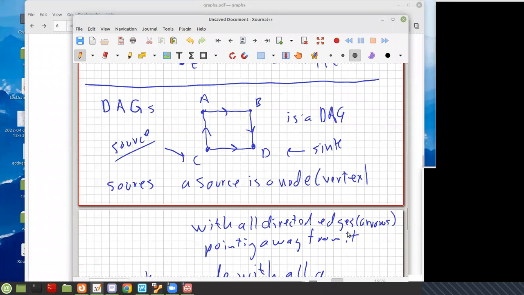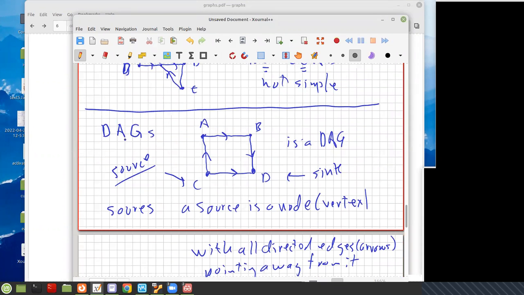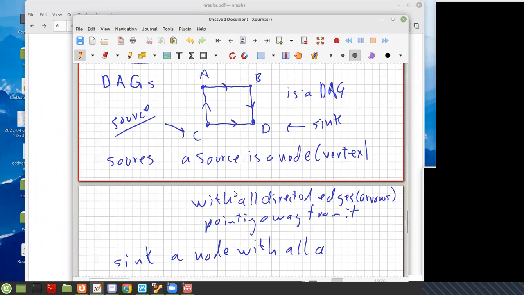Sorry about that. So we're talking about DAGs, just to review. And so here's a DAG because it's a directed graph. It has no cycles in it. And on a directed graph, you can